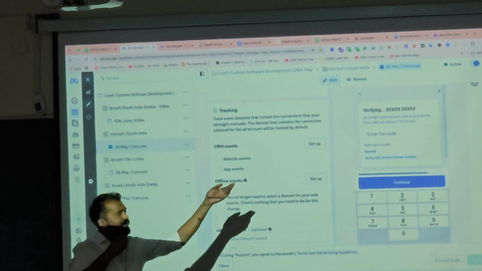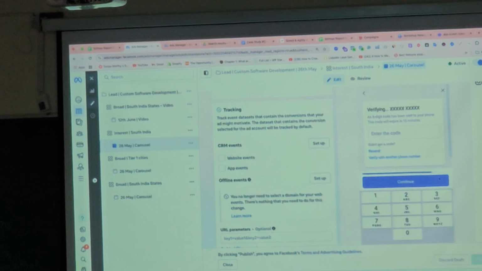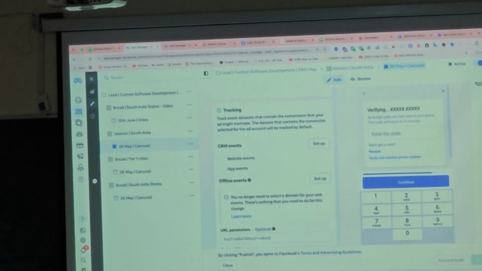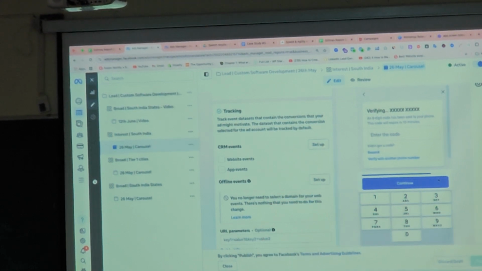Similarly, here as well, it automatically fetches the code. When they enter the number, they receive a code, and that code is automatically fetched by Meta. Only after that can the user submit the form. Otherwise, they won't be able to submit the form. Okay?